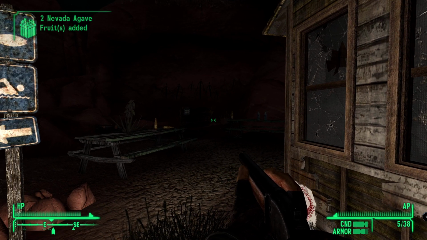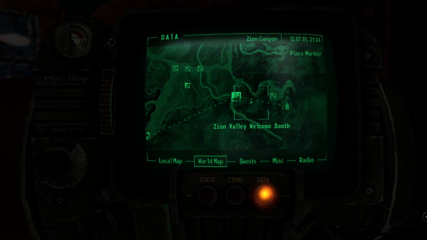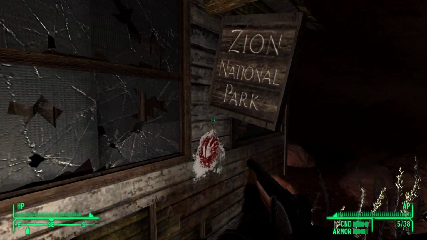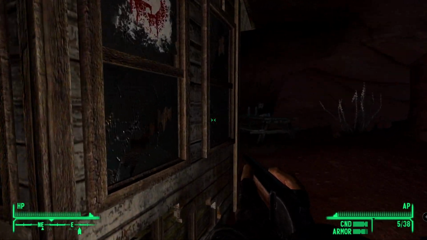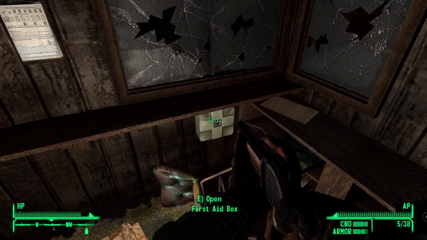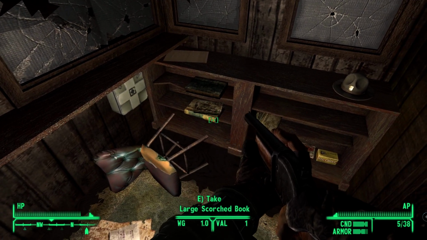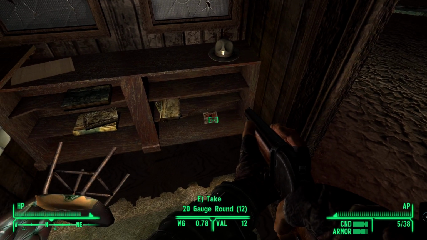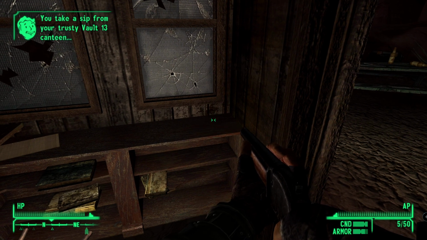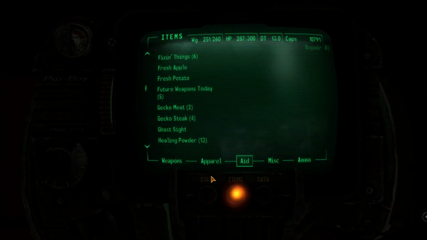Alright. So, but looking at the time, I think we've explored nicely already. This is... Oh yeah, we need to go further. The Zion Valley Welcome Booth. Okay. That's the handprints, okay, yeah. Do we have a first aid kit? Large burnt book. Oh, and someone left their ammunition here. And we've got a park ranger hat. That's nice. So the park ranger hat